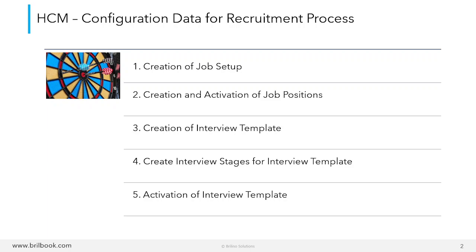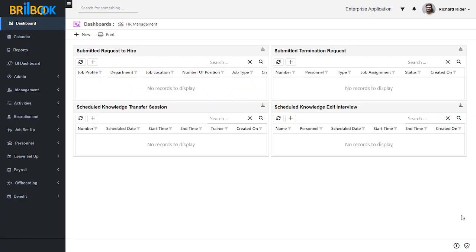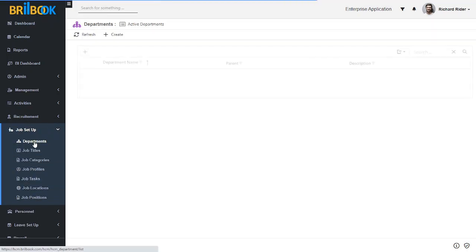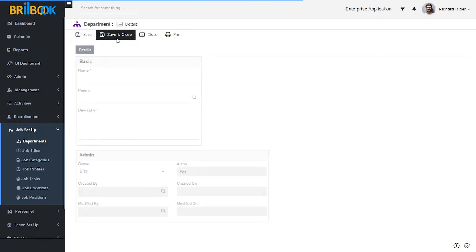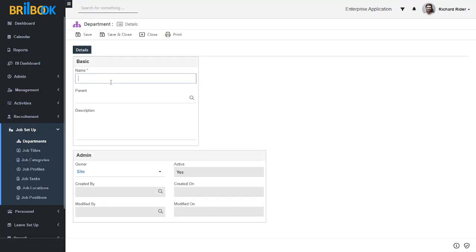Here I have already logged in with HR user. Now for configuration for recruitment process, first we need to create a job setup. For that, navigate to job setup and then click on departments. Now click on create button and add name for job department. I will add name as sales